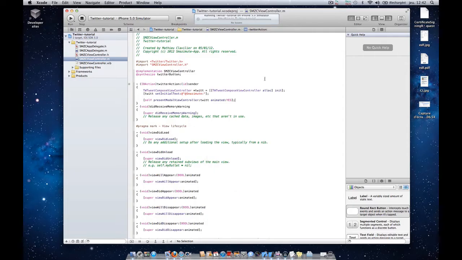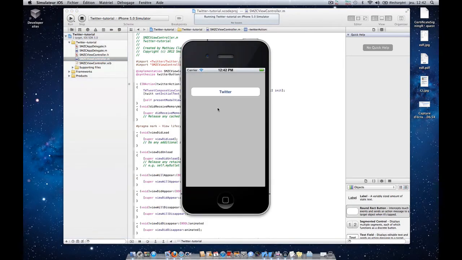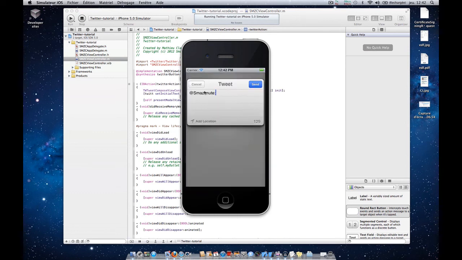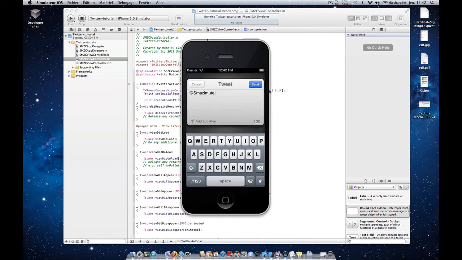Will it succeed? And here we are, our button. We can click it, and then the standard interface appears, and the initial text is there. Okay, so now I can tweet myself first. Tweet, send,